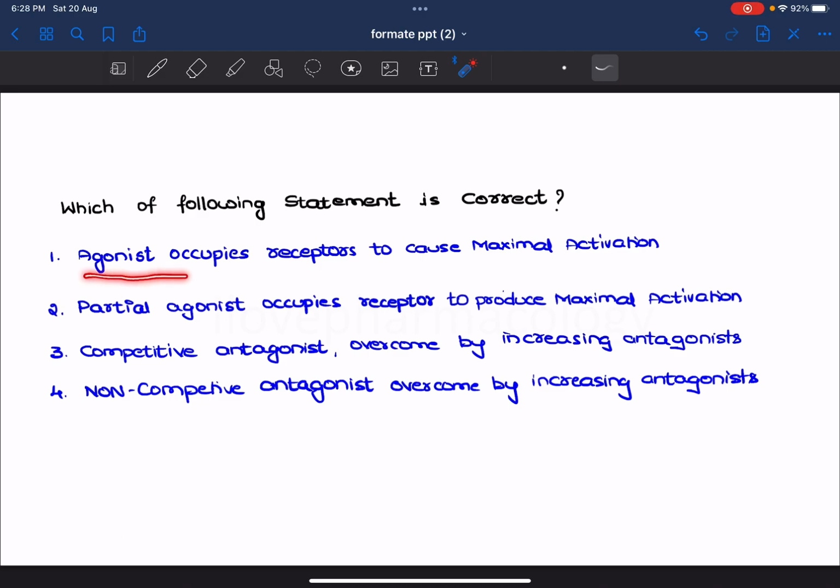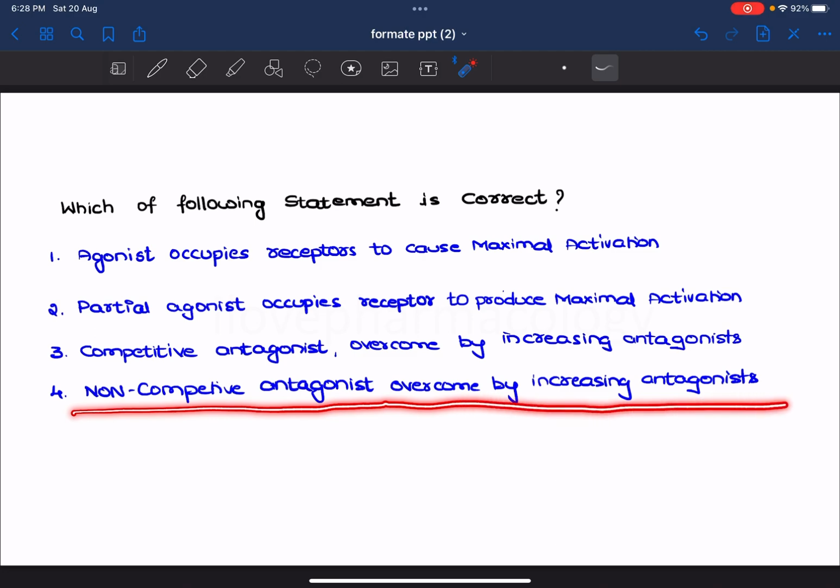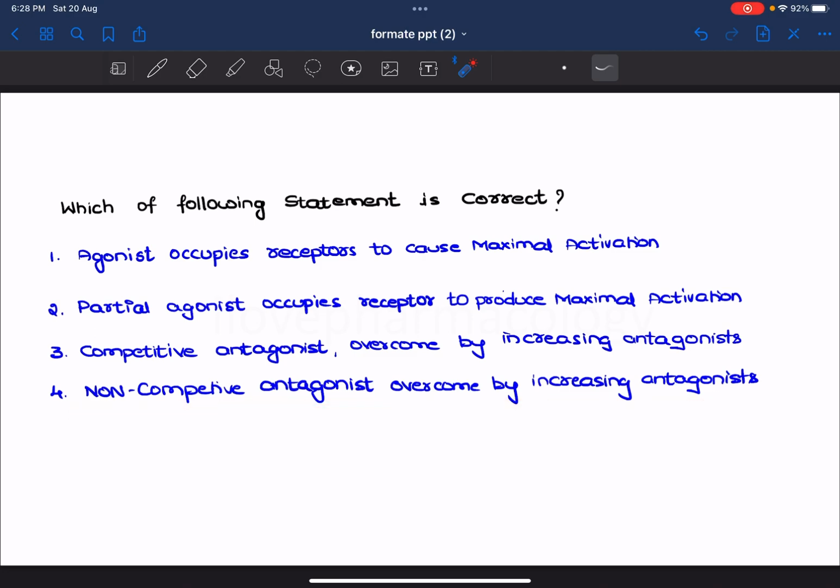Agonist occupies receptors to cause maximal activation. Partial agonist occupies receptors to produce maximal activation. Competitive antagonist can be overcome by increasing the dose of antagonist. Non-competitive antagonist can be overcome by increasing the dose of antagonist. So if you go through all these four options, the correct option is,